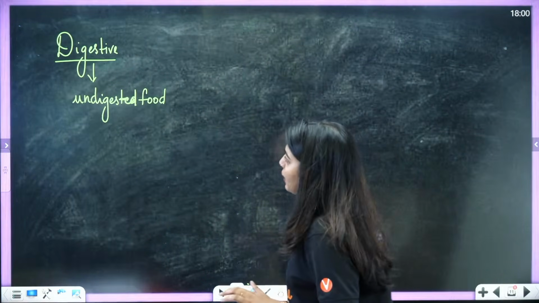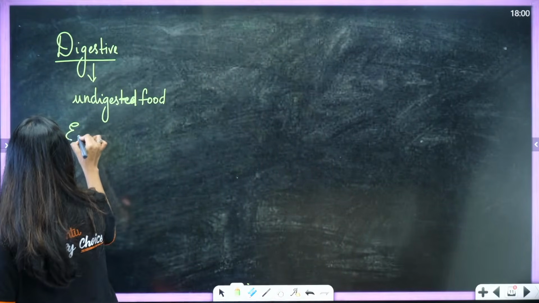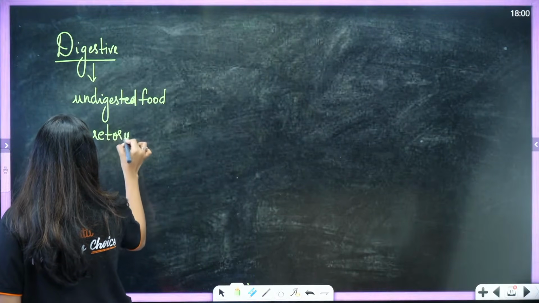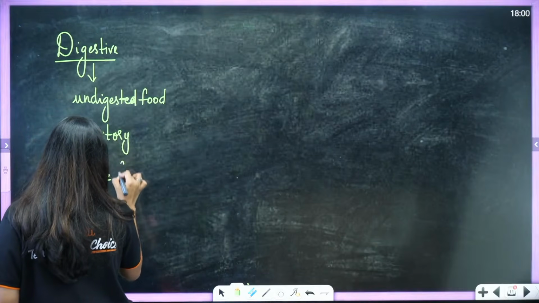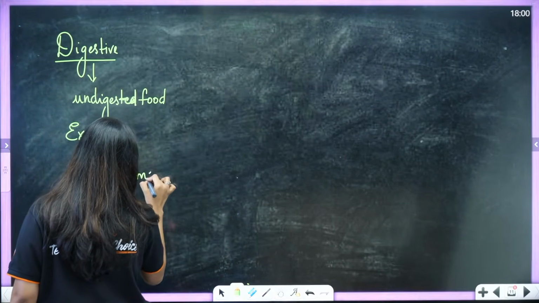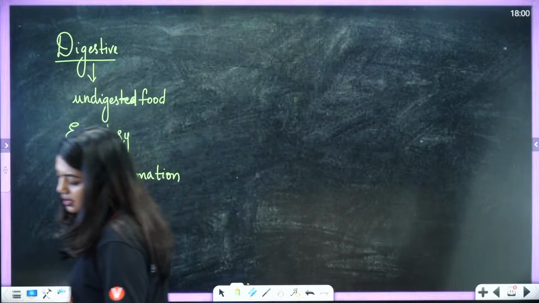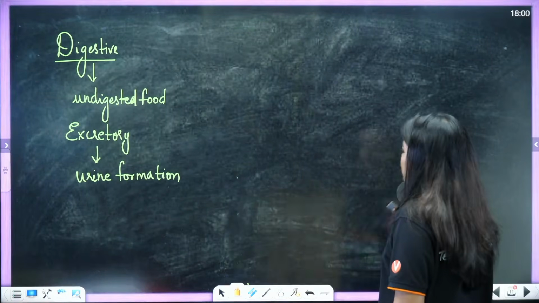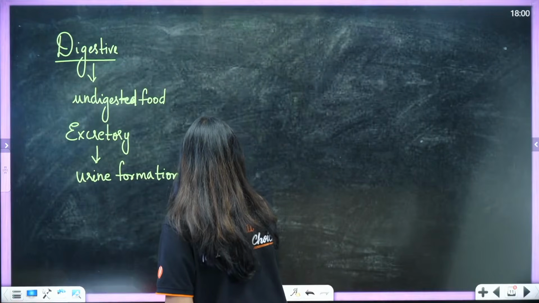Now when I am talking about the excretory system, I am basically talking about urine formation. Got it, all of you? Yes, urine formation. Now, if urine formation has to take place, 3